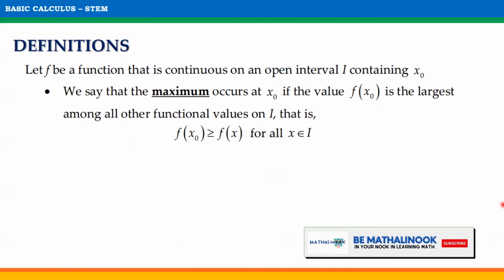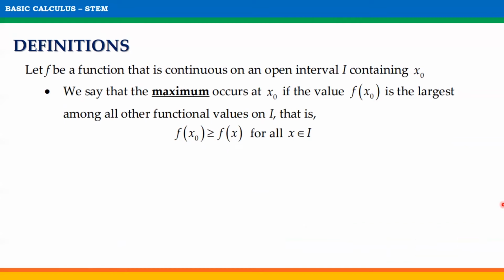Knowing the critical numbers is very important in determining the maximum and the minimum values of a function. First, we define what is a maximum value. Let f be a function that is continuous on an open interval I containing x sub 0. We say that the maximum occurs at x sub 0 if the value f of x sub 0 is the largest among all other functional values on I. That is, f of x sub 0 is greater than or equal to f of x for all x in